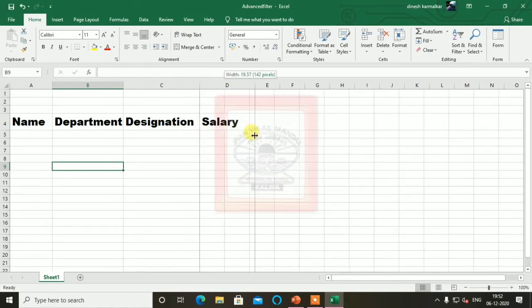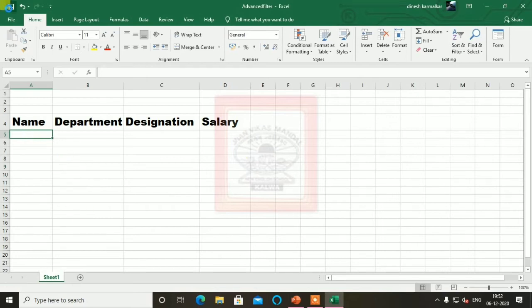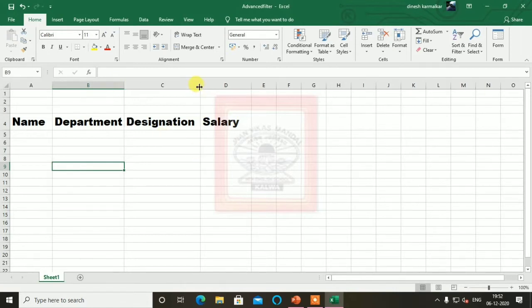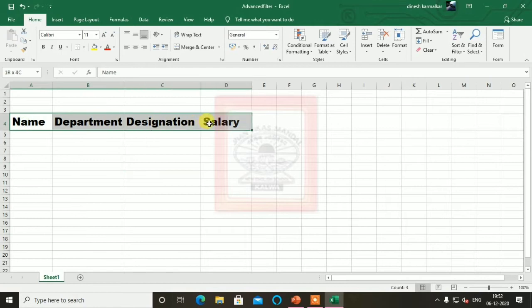Now all this data we are going to enter with the help of the form. So these 4 headings we have. Now for these 4 headings, you know how to bring this form. By default it is not there, you know it is in the file options, you have to find it out. Again I am not going to tell today also.